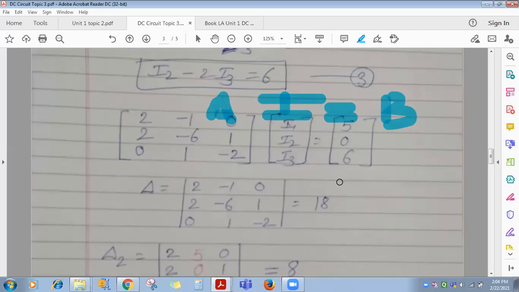By calculator, first of all you have to use the mat function. If you see the calculator, you can select the mat function, so that you have to select. Once you select it, you have to select the matrix. I will select matrix A and B. Then for both the matrices, you have to enter the dimensions. What are the dimensions for matrix A? 3 by 3. Mention in the calculator A is 3 by 3. Then what about the dimensions of B?